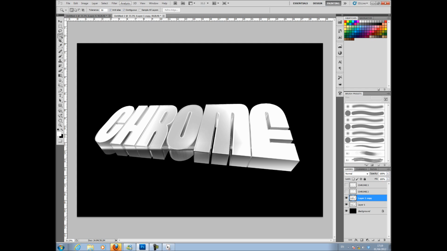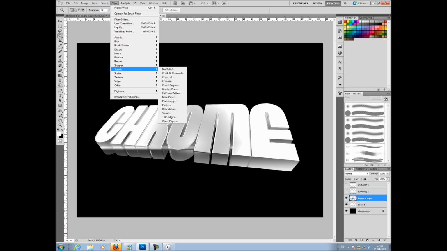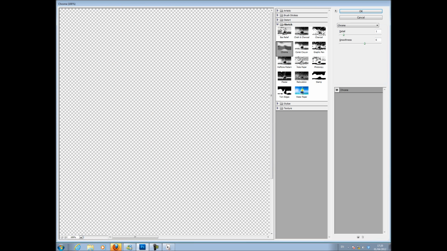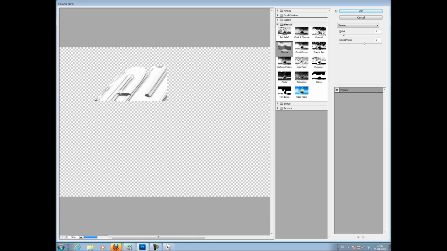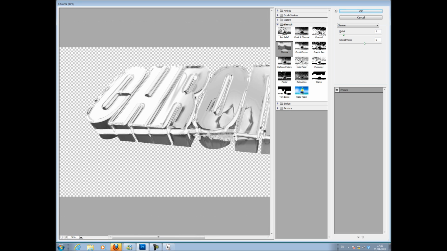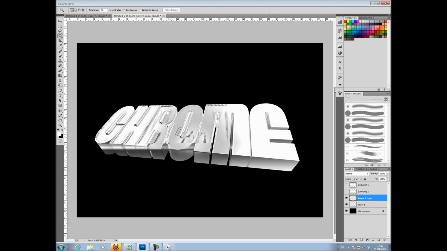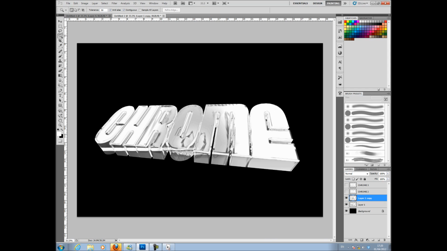So go to Filter again, Sketch, and then Chrome. Now again, you could just use the default settings, but as you can see, you've got your detail and your smoothness on your right hand side, so you can play with that, shift it up, shift it down. Might want much less detail, might want much more detail, but for the sake of what we're going to do, this will be fine. So we'll just press OK, then go over to your layer style where it says normal,